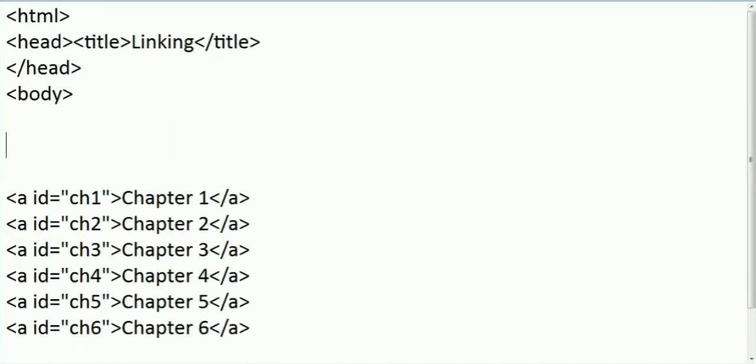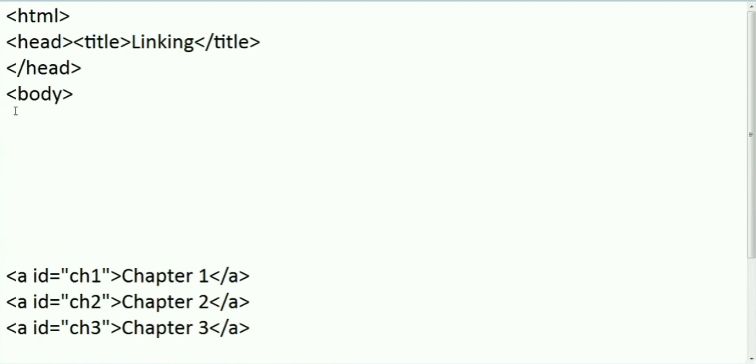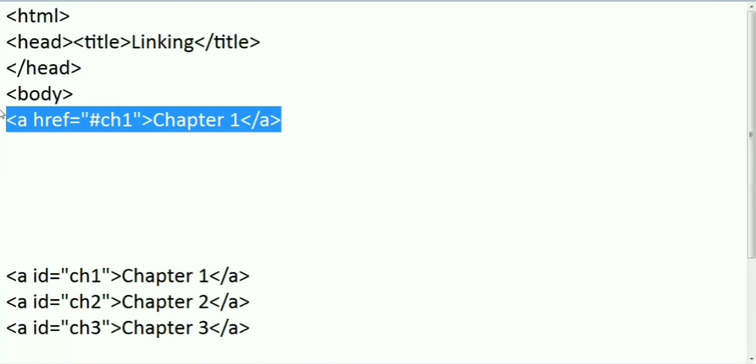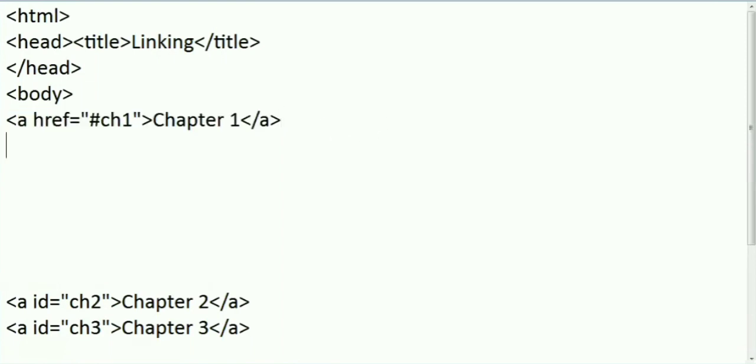Now what I'll do here is make one index with a href. I'll give the link of that chapter 1 here. Here I will define that particular ID with the hash symbol. Like this, I'll make the index for all of them.